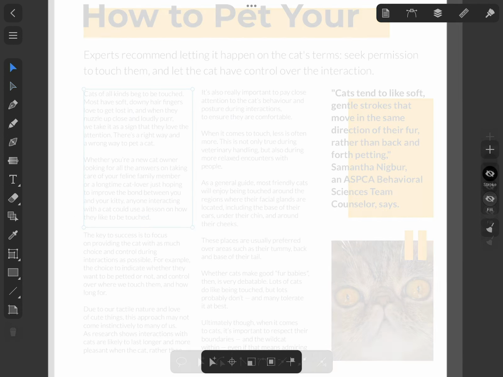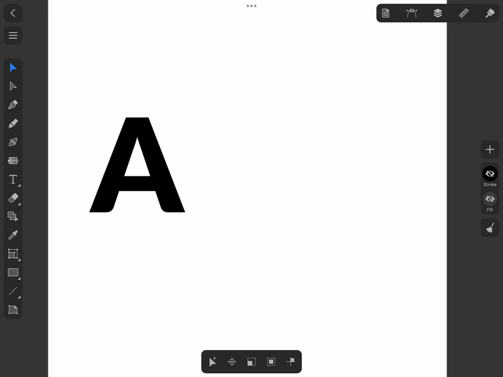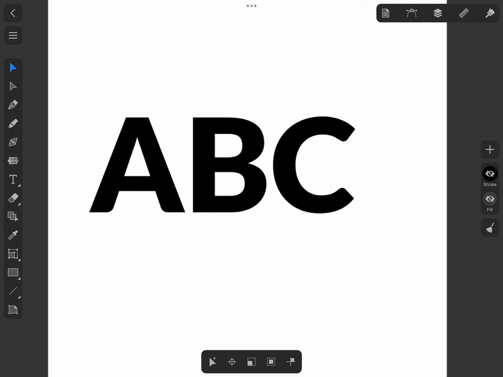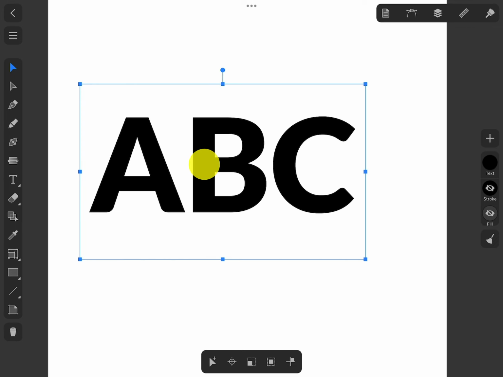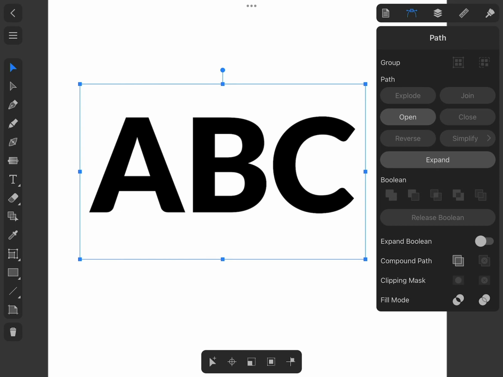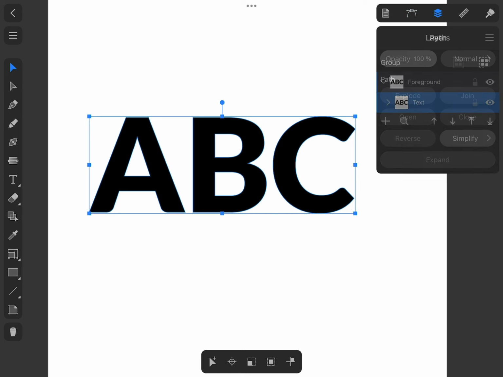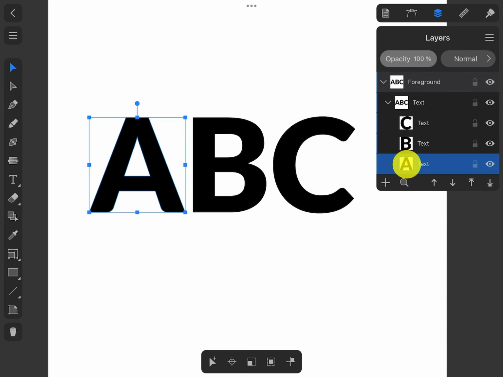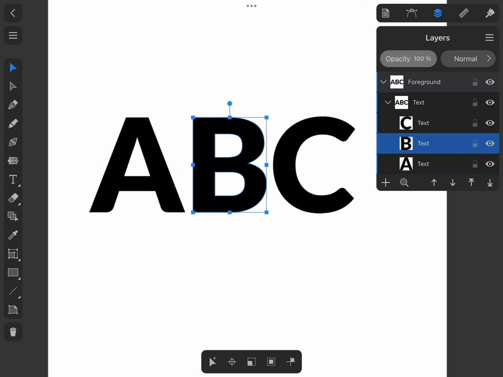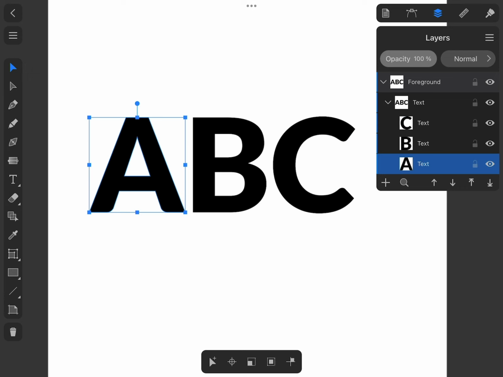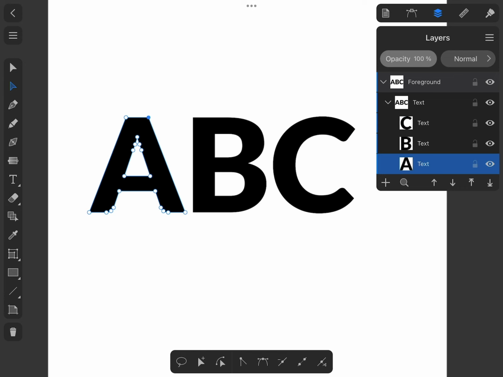Now we're getting to a more sophisticated but flexible technique. Because we're talking about the vector editor, you can use all of its power by turning the text into a pure vector object. We do this with the help of the Expand button located in the Path panel. Take a look at the Layers panel. The text has become a group of letter-like objects. Although they look like letters, it is not the same text anymore. A tap on a letter with the Selection tool shows its anchor points. It is a regular path now.